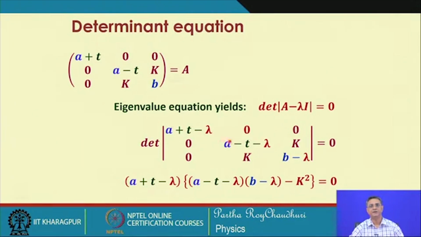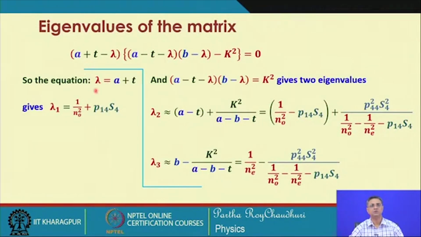this quantity into this minus k square, that is what is written here. And from here this part is straightforward, because if this quantity has to be equal to 0, which will represent one of the eigenvalues, let us call that lambda 1. So, this lambda 1 will be a plus t from here. So, this a plus t will give you 1 by n o square plus p, and that is exactly what we have seen earlier. The other one will yield two eigenvalues lambda 2 and lambda 3,